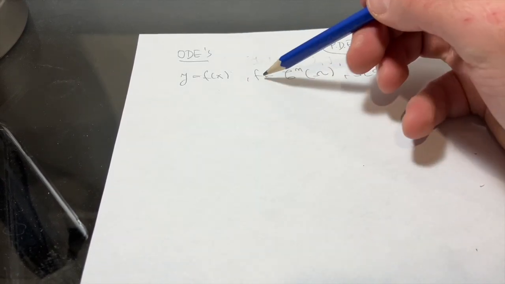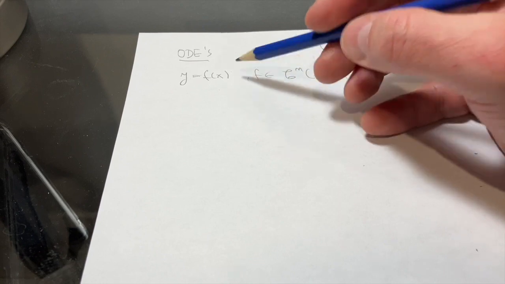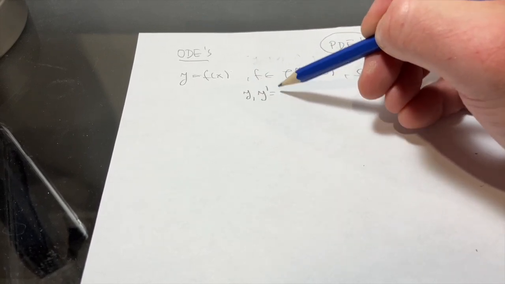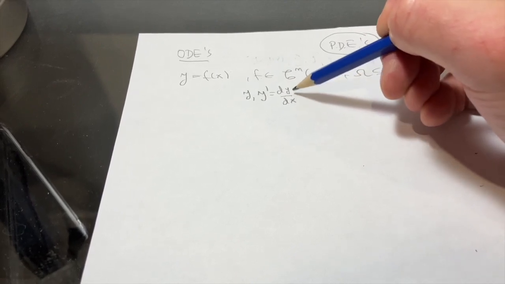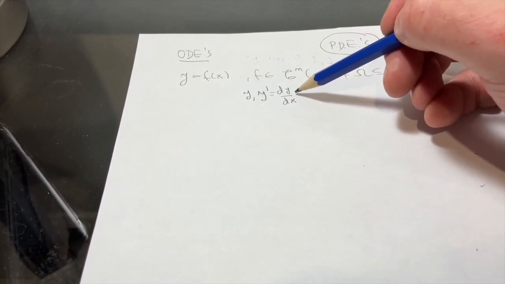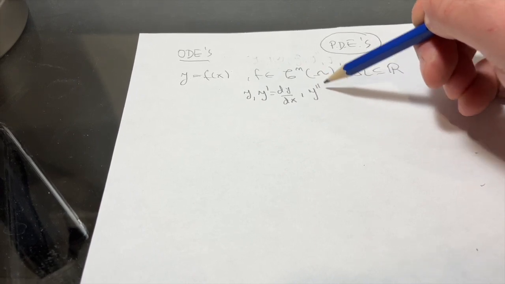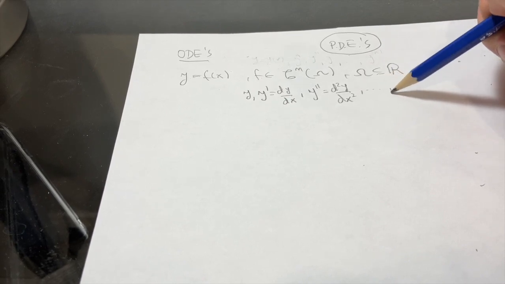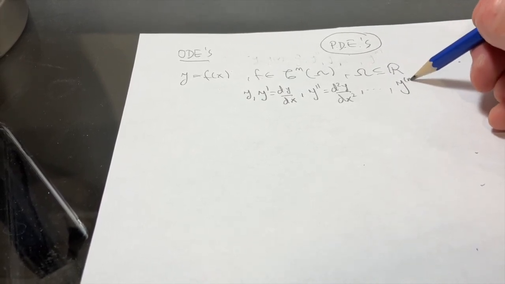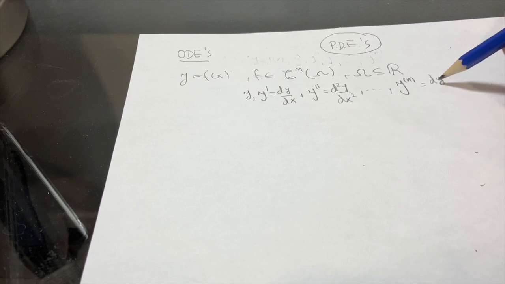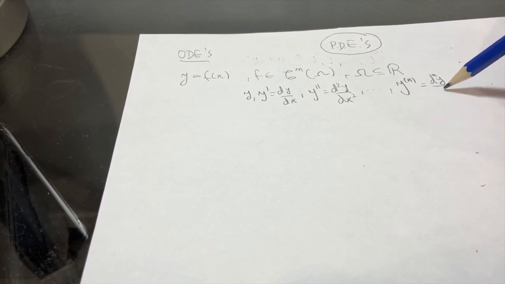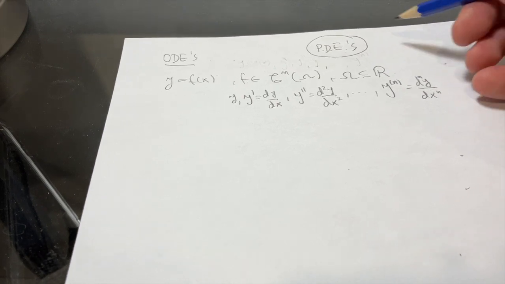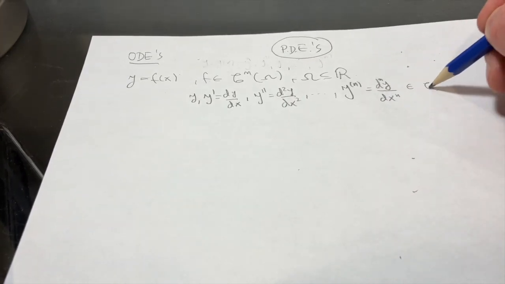So f in C^n means that y prime, which is dy/dx, so actually the derivative of y, y double prime, which is d²y/dx², all the way up to y nth derivative, which is dⁿy/dxⁿ. This is the nth derivative of y. All these functions actually are continuous on